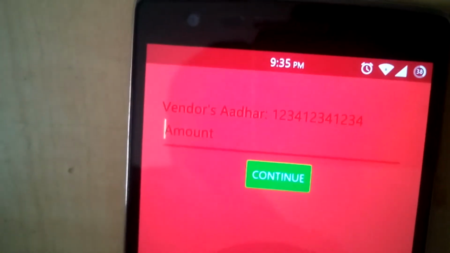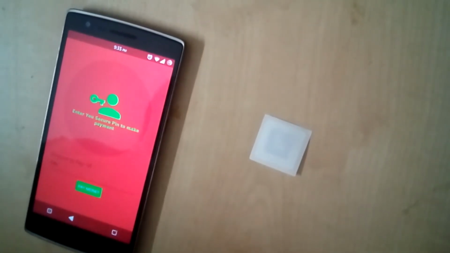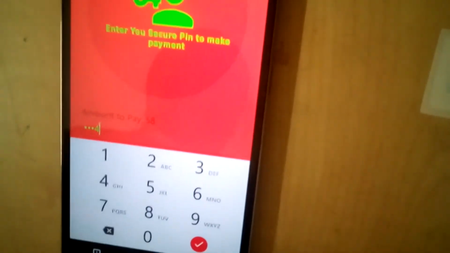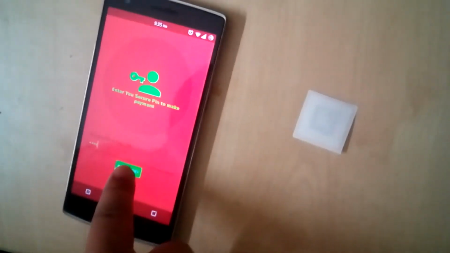So the vendor's NFC tag is there, as you can see, and now we'll put the amount that we need to transfer. And then we put the PIN, then we click the pay money button, and so that